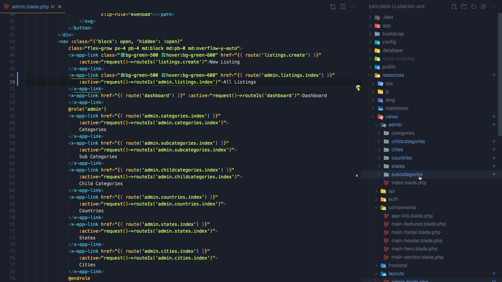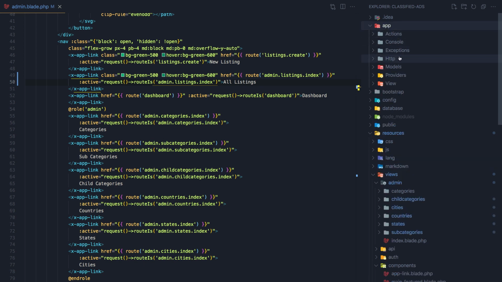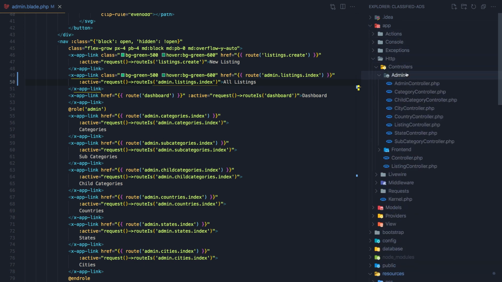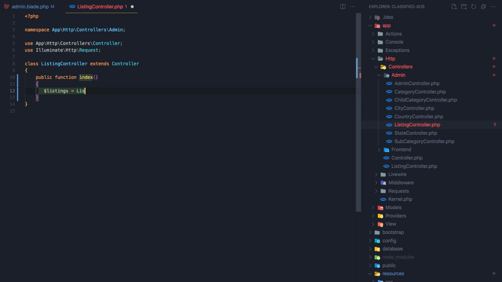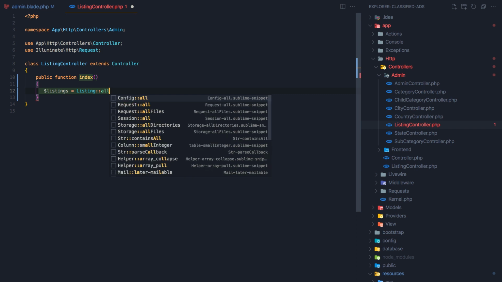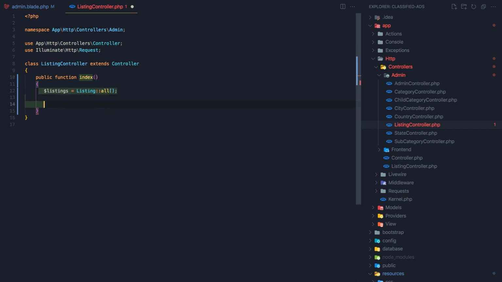And I think we don't have the HTTP controllers admin. Yeah, we have the listing controller here. I'm going to create a method index, and here I'm going to say the listings is going to be listing all, and I'm going to return the view